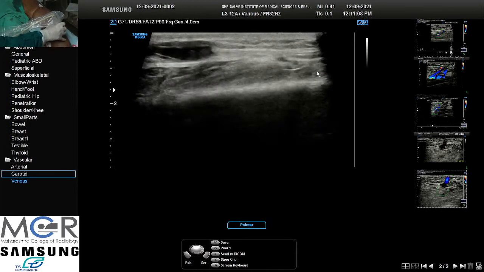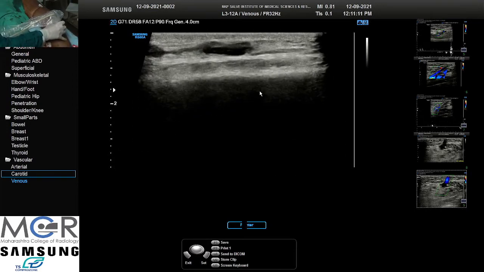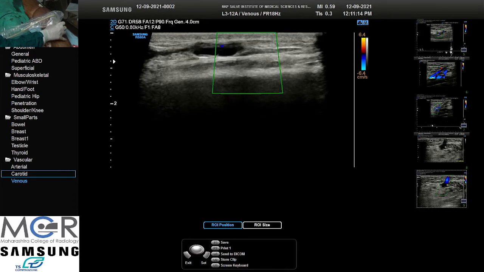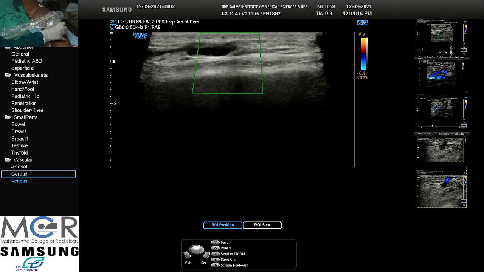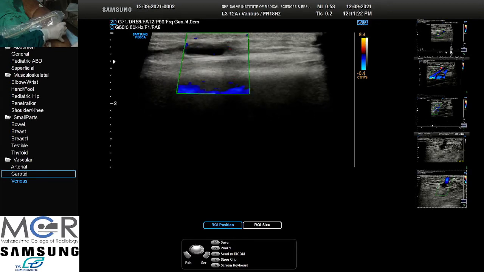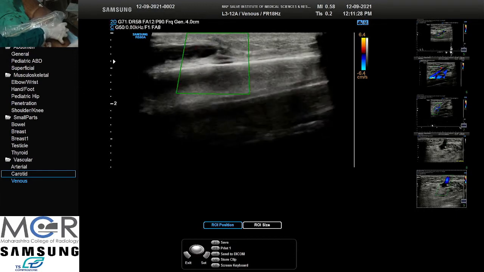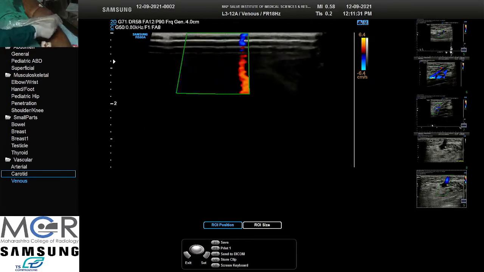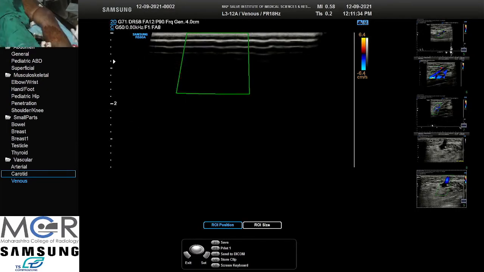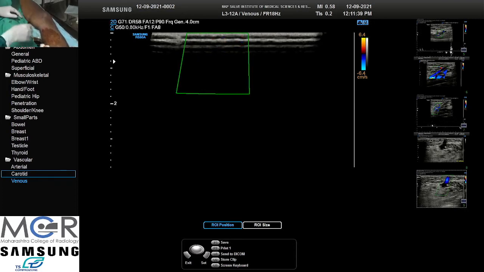So all the tributaries have collapsed. I don't think there is any flow. That is the arterial flow, I think, around it. There is no flow within. He is doing augmentation, still there is no flow. So we expect them to collapse in the course of time. If not, after 1 month we will do sclerotherapy there. So we are removing the tourniquet. We'll just clean up the area and put a dressing.